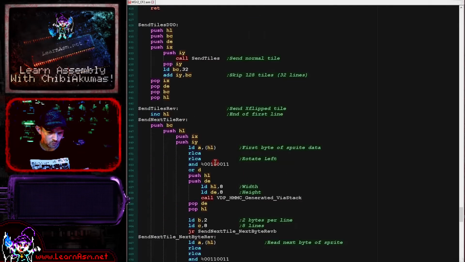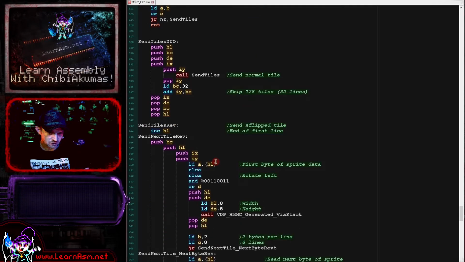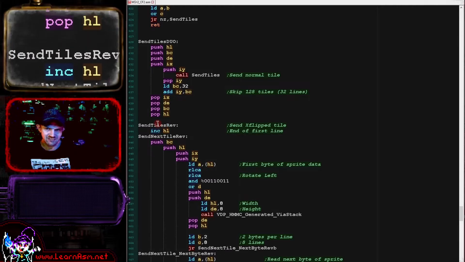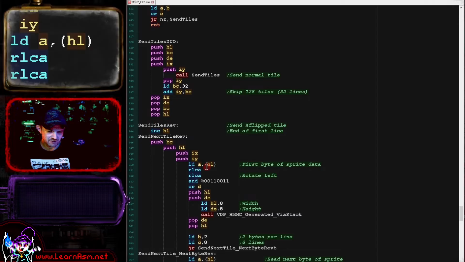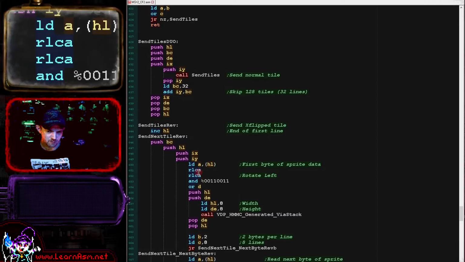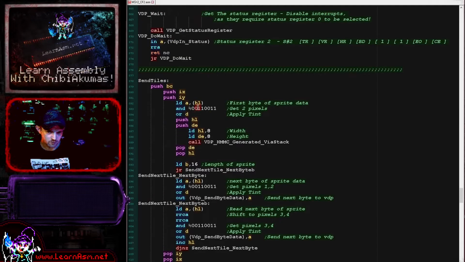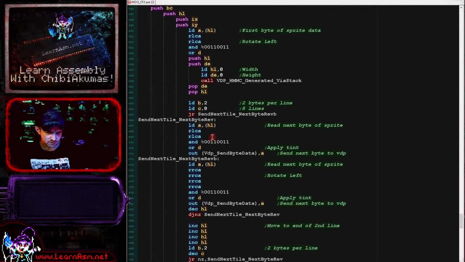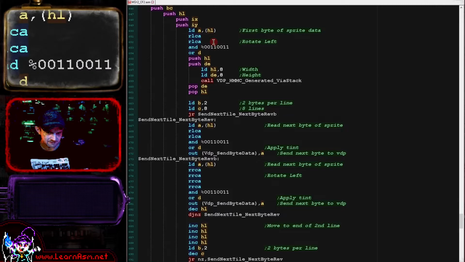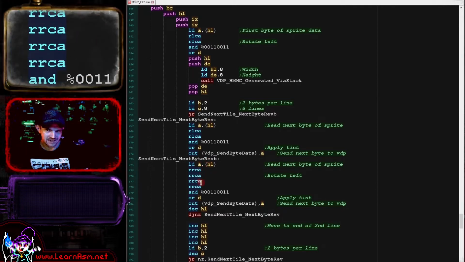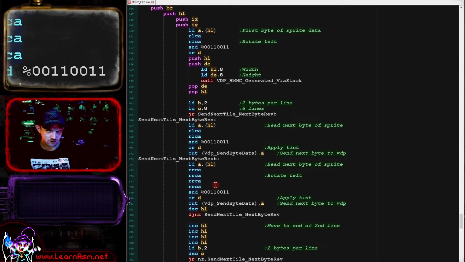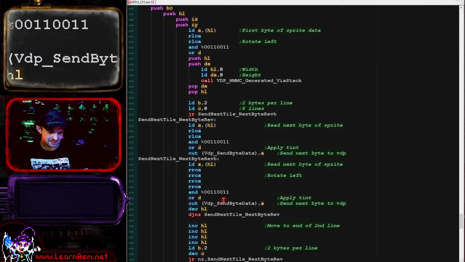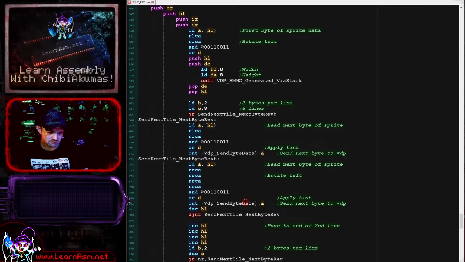So basically what we're going to do is transfer the data in a sort of backwards orientation. Each of our lines is 2 bytes. Each of our 8 pixel source tiles is 2 bytes. So we're moving to the second of the bytes here, and we're then transferring the data, but this time we're flipping the first one by rotating it left. Last time we just loaded it in. This time we're flipping the first one and we're rotating it left. So that's flipping that. We're then shifting the second one even further, and that is basically flipping the pixels over, and we're then masking that with the D and sending the second one, and we're going to do that repeatedly